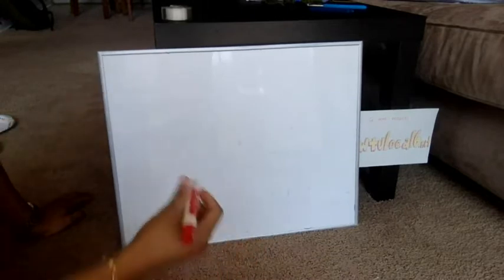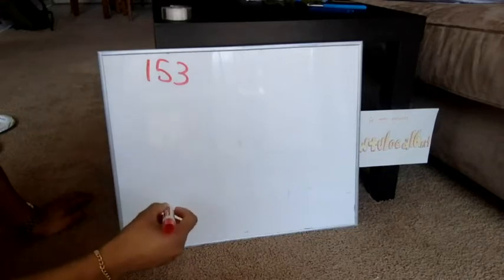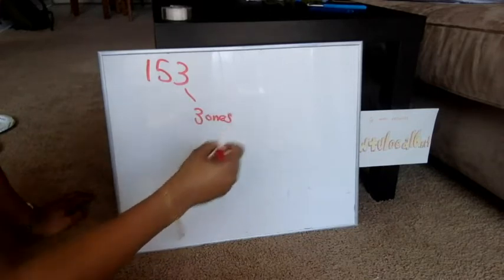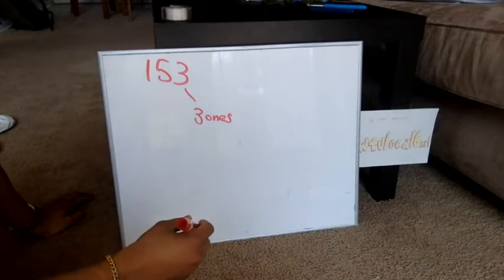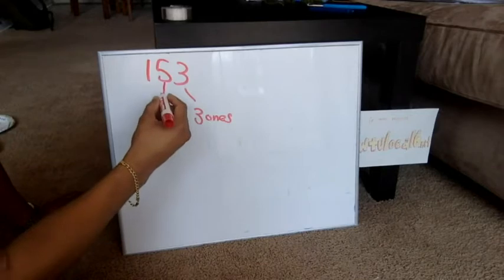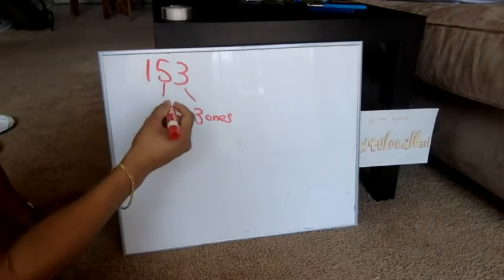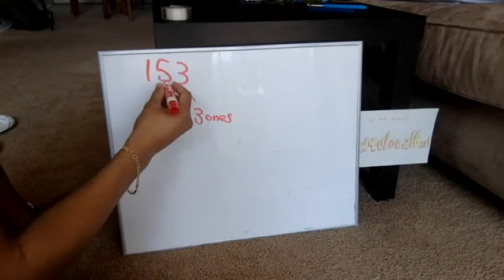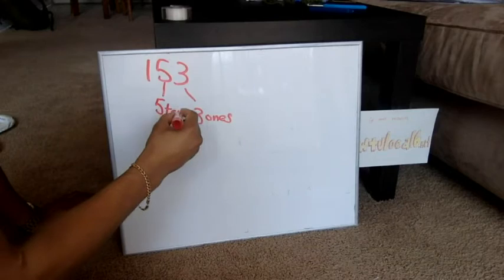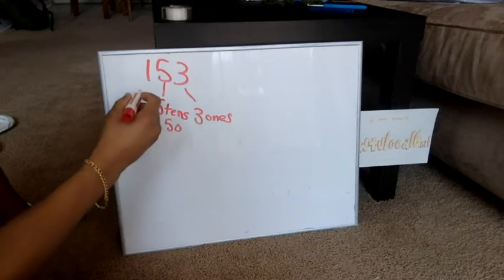Let's move on to a 3-digit number. 153. We have 3 ones. This time I'm not even going to show you how to do it in the base 10 model. We're just going to zoom in a little bit more, but you can get some more practice online. We see that there's a number right here in the tens column, a 5, but it's not only a 5, it's really 5 tens, which is really 50. And we have right here